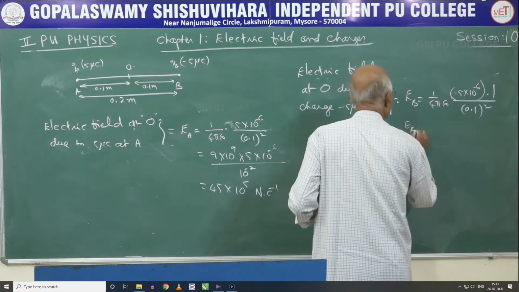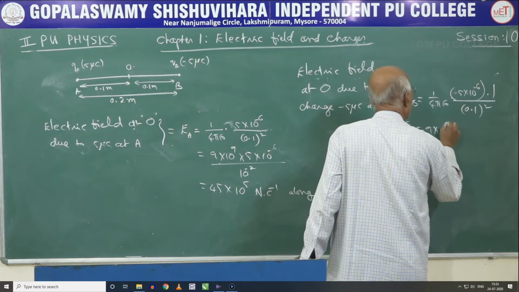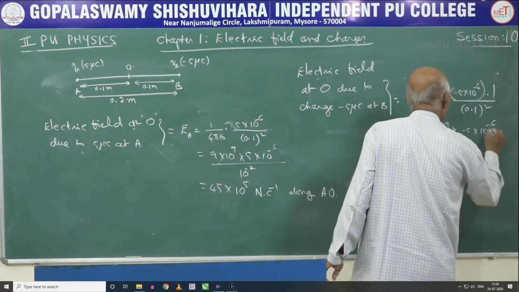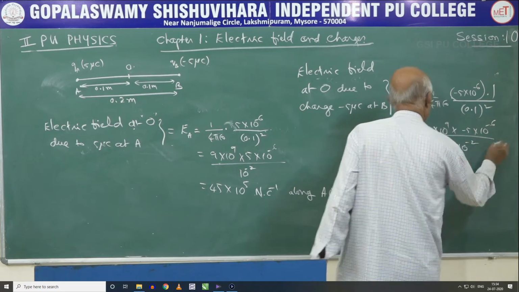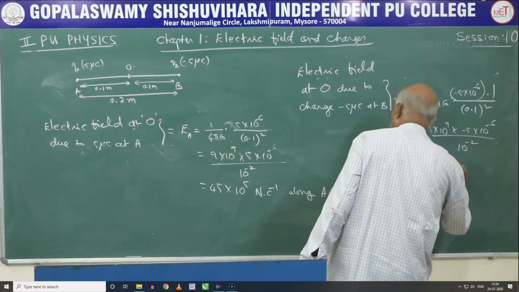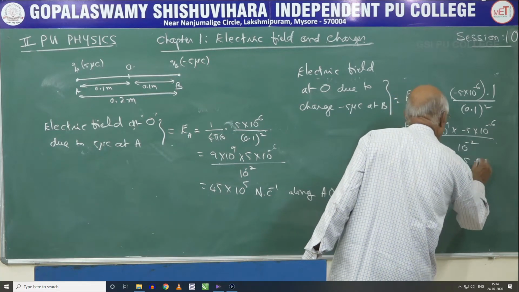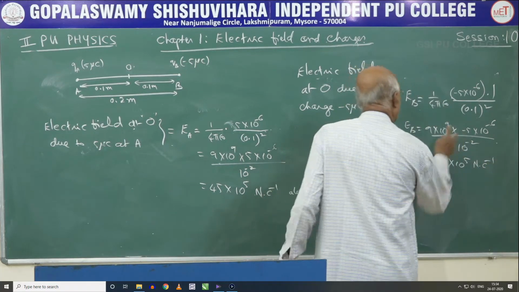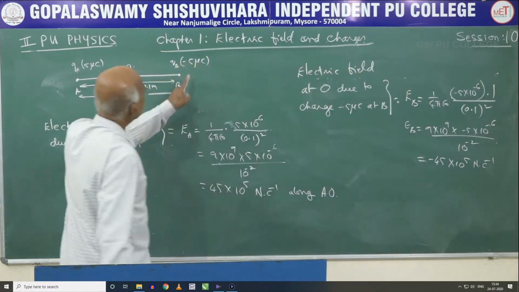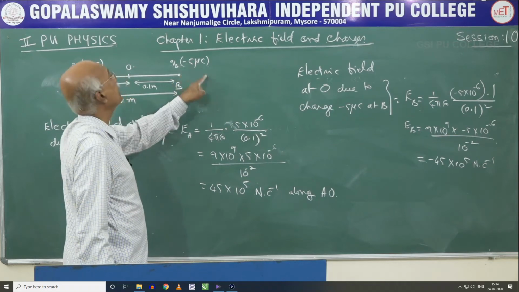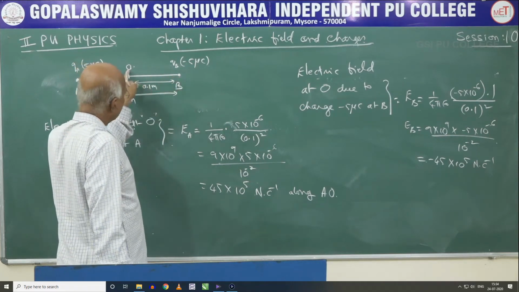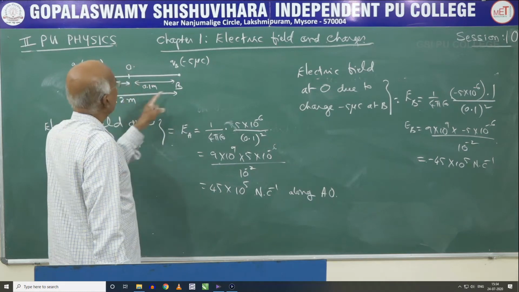So E of B is equal to 9 into 10 to the power of 9 into minus 5 into 10 to the power of minus 6 divided by 10 to the power of minus 2. This is once again equal to 45 into 10 to the power of 5 Newton per Coulomb. But here on multiplication it says that it is minus, and remember that this is the charge available at B, which is minus 5 microcoulomb. The charge available at point B attracts a unit positive charge at O, therefore